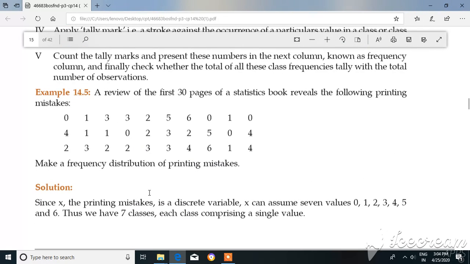Okay. So here is one example they have mentioned. That example is again: a review of the first 30 pages of a statistics book reveals the following printing mistakes. So these are mistakes. What do we observe from this? Here